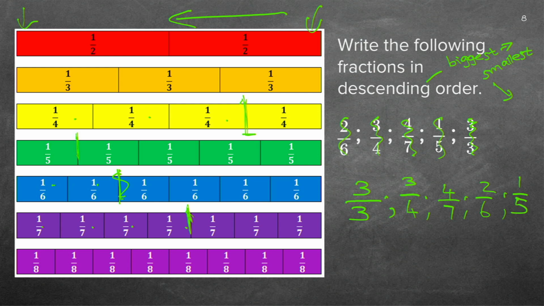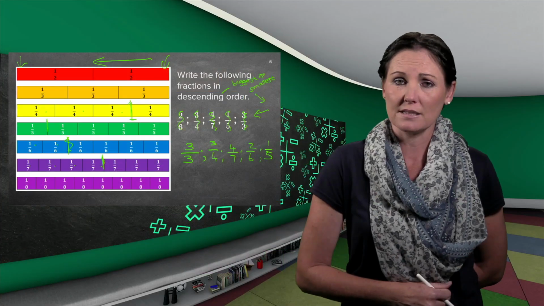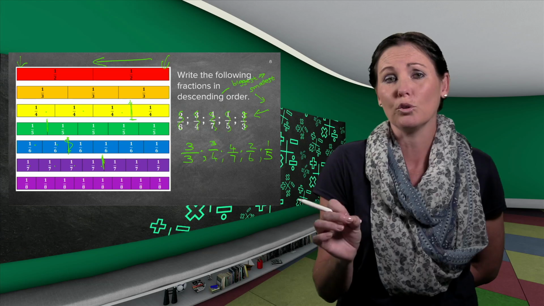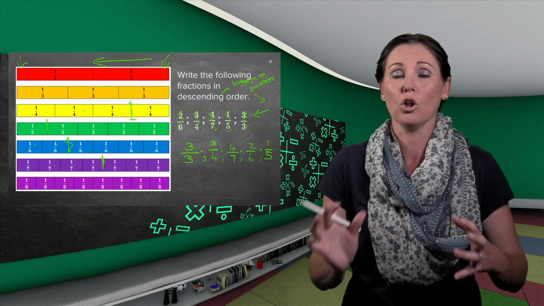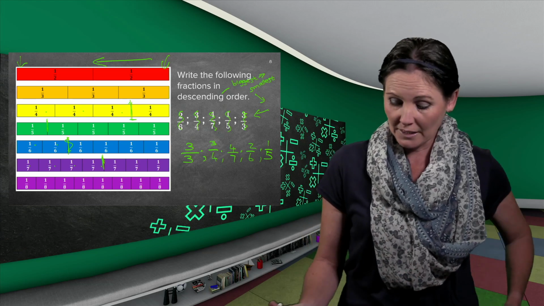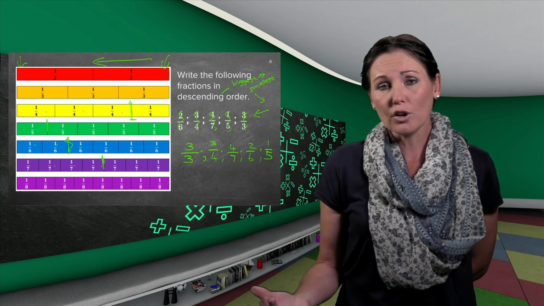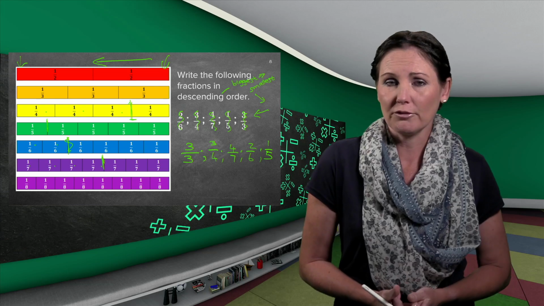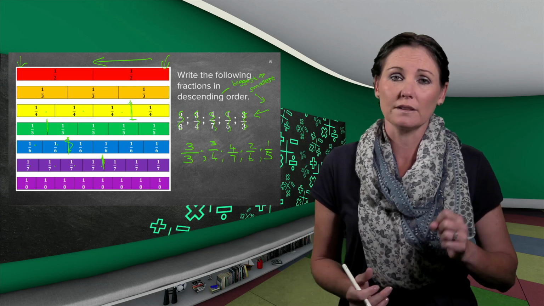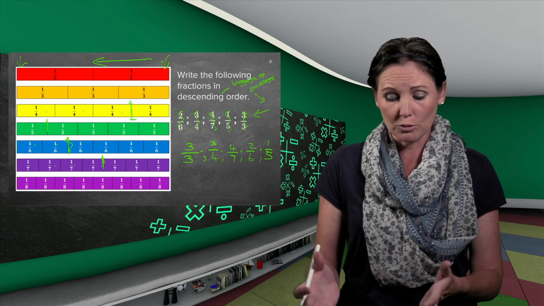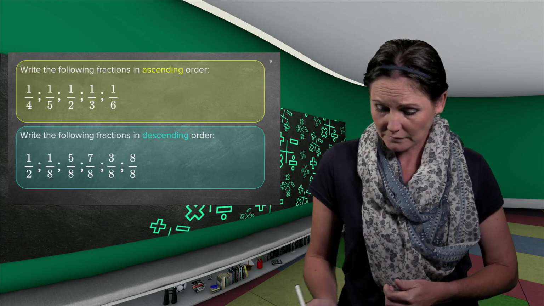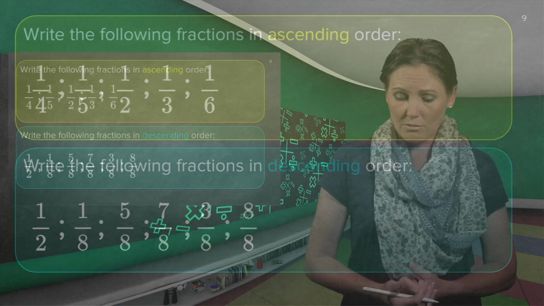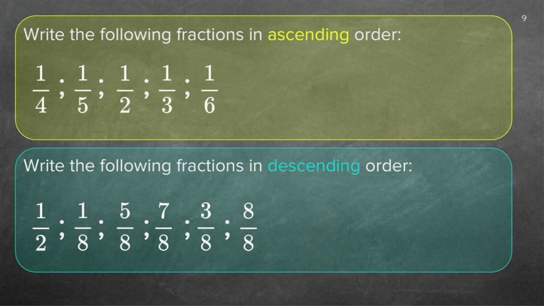And why I'm telling you to mark this down: sometimes you write the numbers in descending and ascending order, and then you forget one of the numbers, and then your whole answer will be incorrect. Now, if you've got the diagram for common fractions, you do not need to work out the same denominator for each other because you can work from a diagram. Now, let's look at this one. Write the following fractions in ascending order.